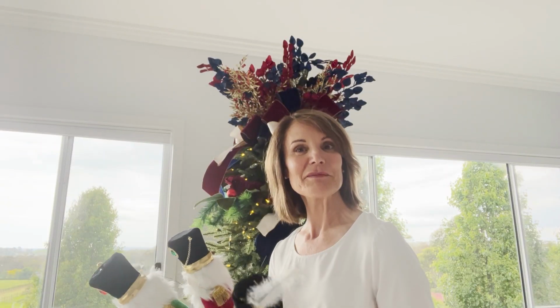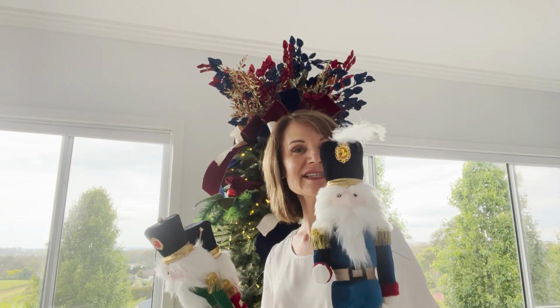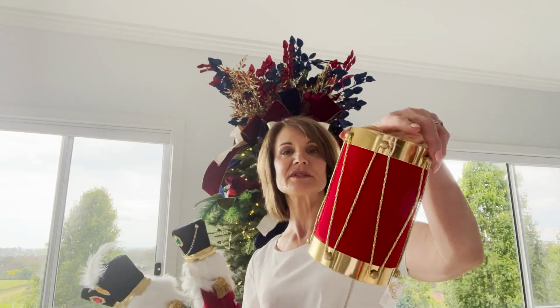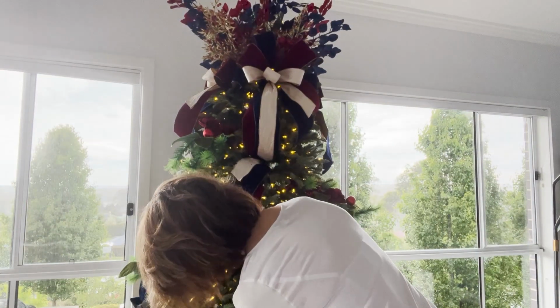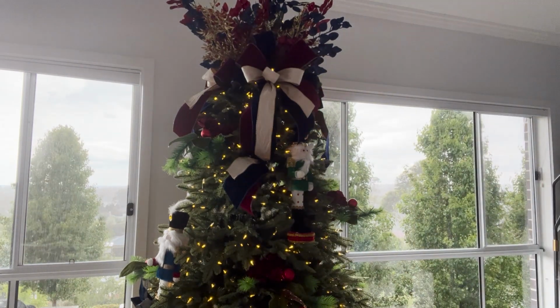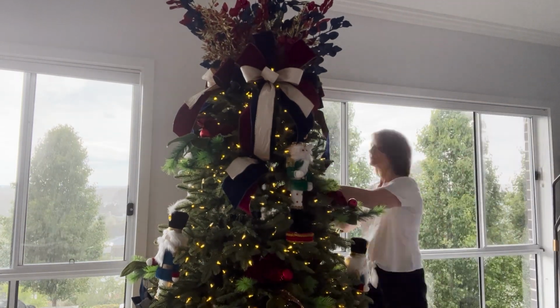So I'm going to start putting in my focal ornaments. I've got 6 nutcrackers, 3 different colours, the blue, the green and the red. And then I've got these gorgeous drums, in 2 different sizes, and I'm going to put those through the tree and just make sure that I get a good covering of them. So to help me get the placement right, I'm just going to nestle them in first,